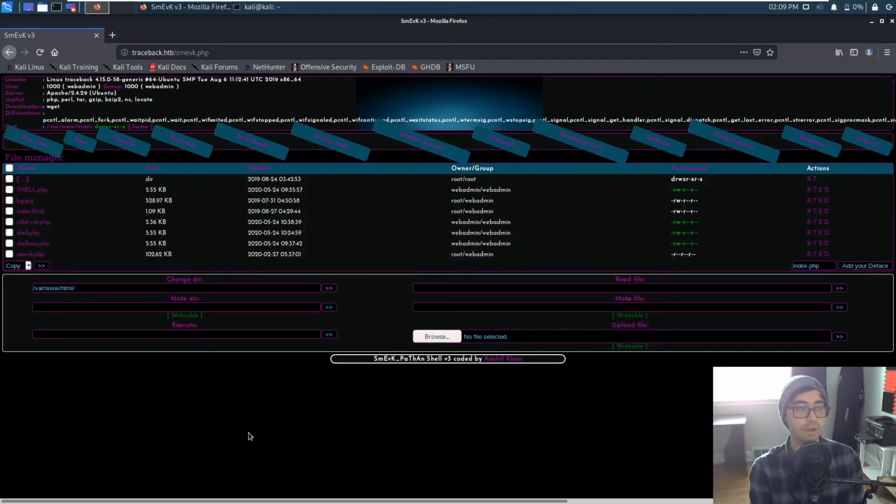So in this video, I'm going to be showing you how to get a low privilege reverse shell using this backdoor, and then eventually escalating privileges to the sysadmin user. So let's get started. Looking at this web backdoor, we see that it's a PHP application, and whenever I start